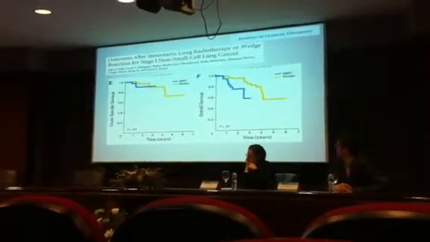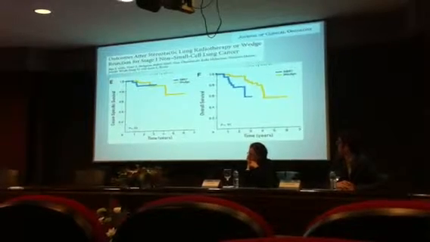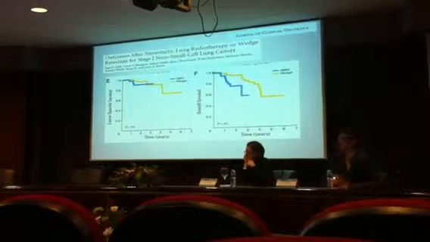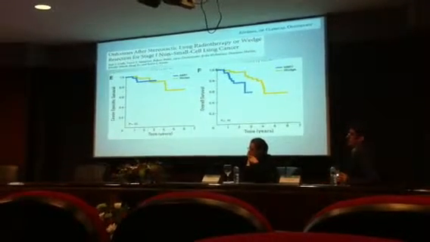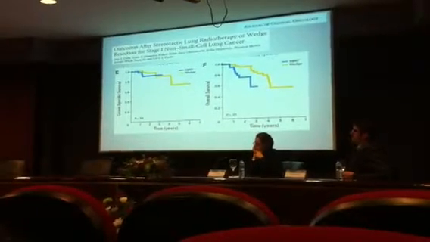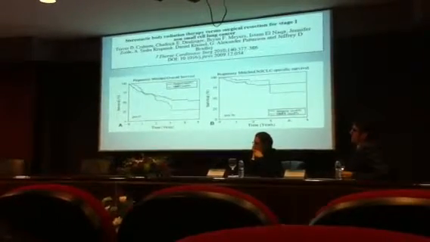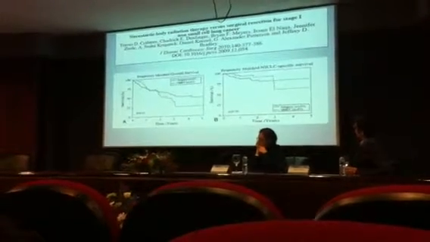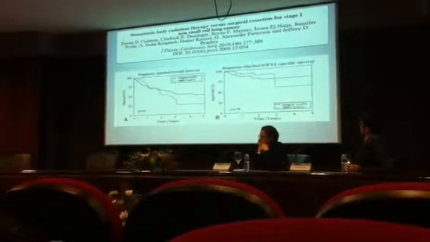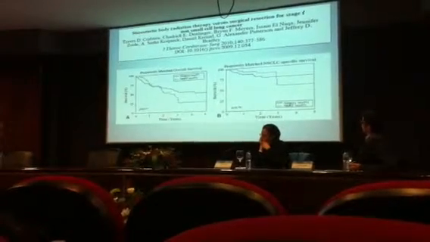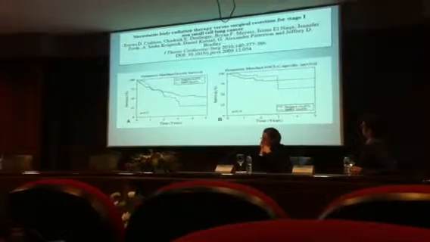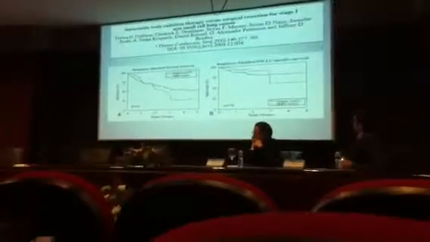And for sure, if it is feasible, a sublobar resection or even a wedge resection is better than stereotactic body radiation therapy for early stage non-small cell lung cancer. You see here, although the difference didn't reach statistical significance, the two curves are quite separated at 5 years, favoring surgery compared to SBRT in high risk